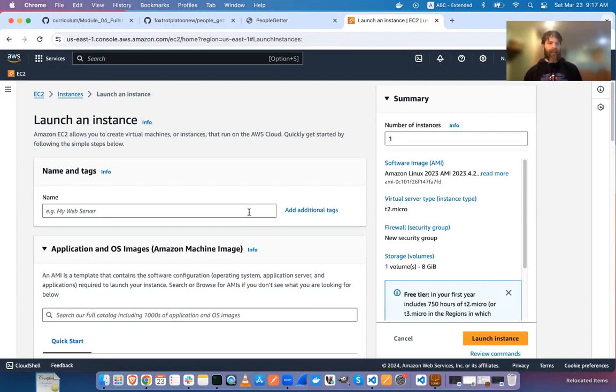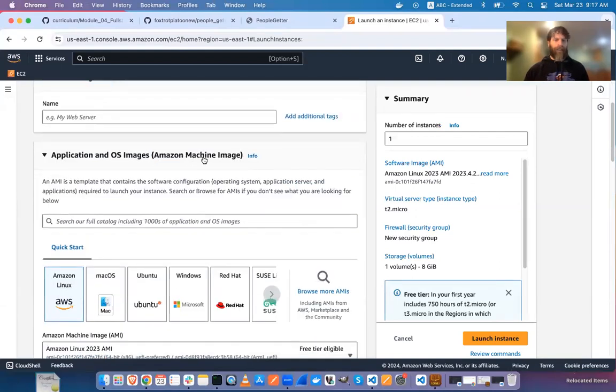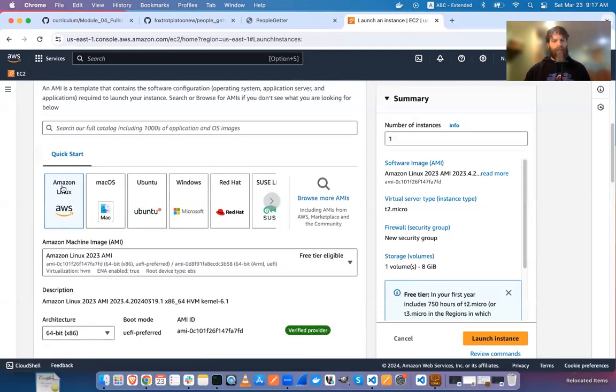So that's going to be things like what's the base image that you want to use. And that's called an AMI, an Amazon Machine Image, but it's basically just the operating system that you want. So this is the equivalent of the first line of a Dockerfile, FROM Ubuntu, and then you can do everything else from there. So we're going to start with the base image, and we're just going to use the Amazon Linux